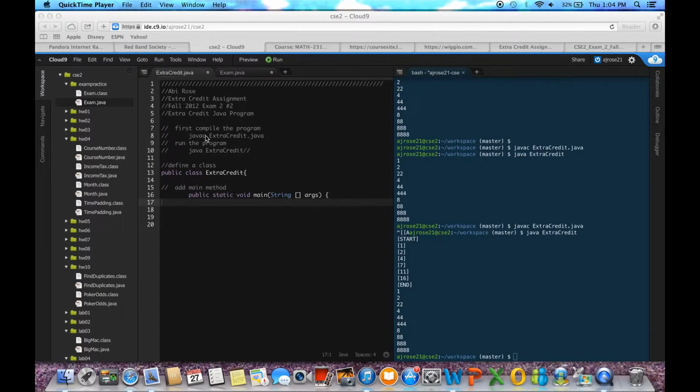So this is Cloud 9, and I have set it up just with basic information, my name, what the project is, what problem I'm doing, and I have defined a class and a main method. So now, for part A,